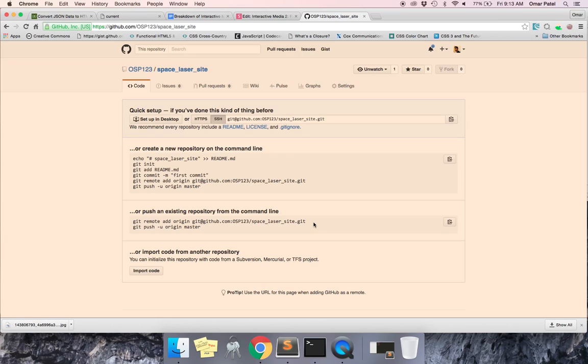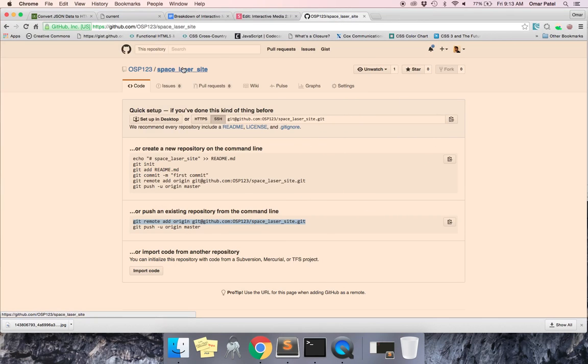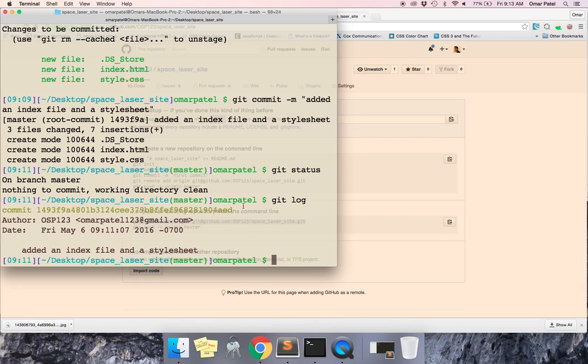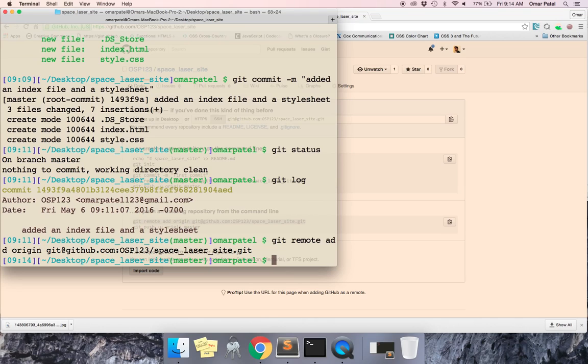And in order to connect to it, it tells you just need to copy this. So this line right here. So you're going to add this remote. Okay? And this line over here, this whole thing, is just the URL to your Git repository. Okay? So you're just connecting to it. You're trying to connect your local repository here to this Git repository that exists here. So you're trying to connect these two. So to connect these two, you just paste that in, hit enter, and to check to make sure that it exists, type in git remote -v,